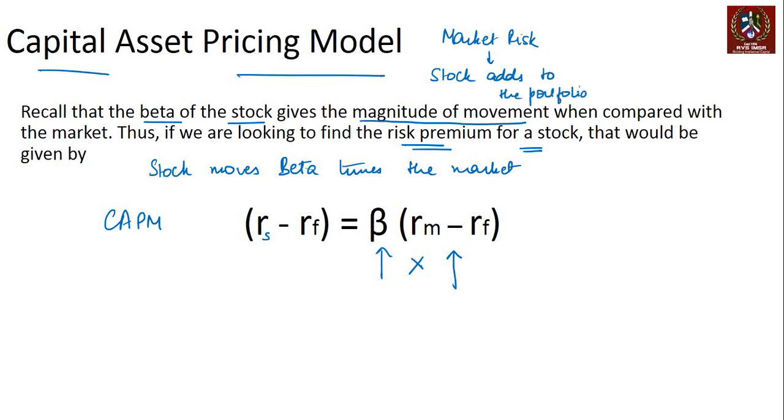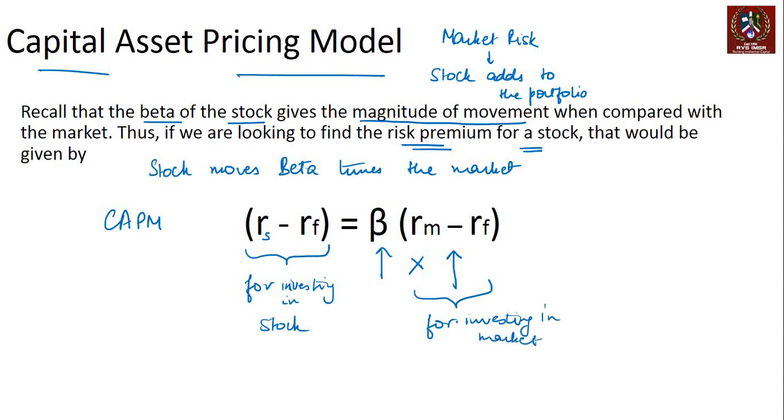So it's a measure of risk that the stock adds to the portfolio. And so for investing in this particular stock, this is the risk premium demanded for investing in the stock, and this here is the risk premium demanded for investing in the market,